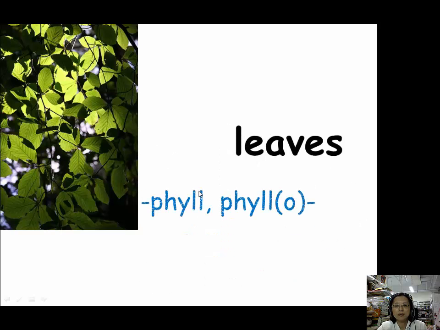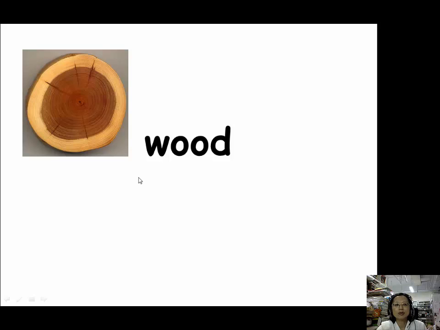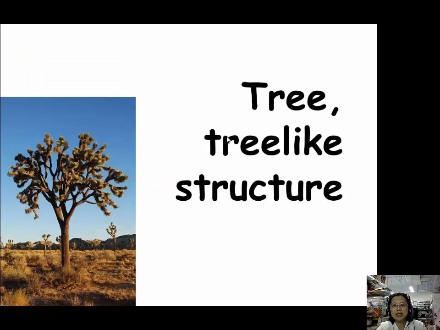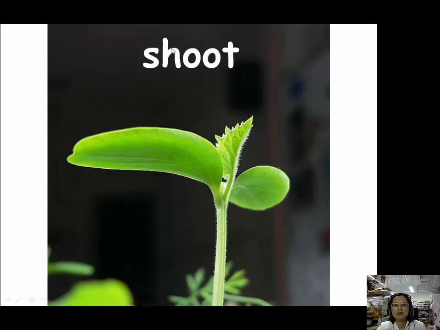And the same prefix and suffix can be used to describe leaves. When we want to talk about wood, we could use this prefix, xylo, X-Y-L-O. And for tree or tree-like structure, we could use this prefix, dendro, D-E-N-D-R-O. And for shoot, we could use this prefix, thallo, T-H-A-L-L-O, which is also